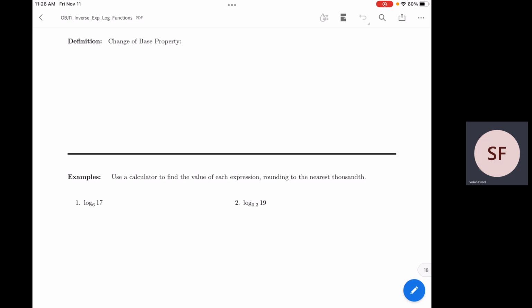And so because log base 10 and log base e are the buttons that are on our calculator, this is going to tell us how to turn other logs into those logs. So the change of base property says,